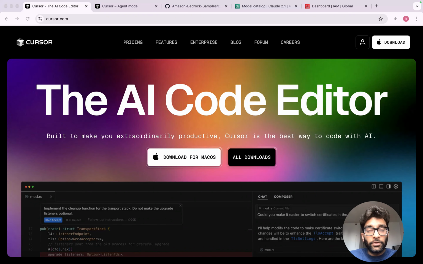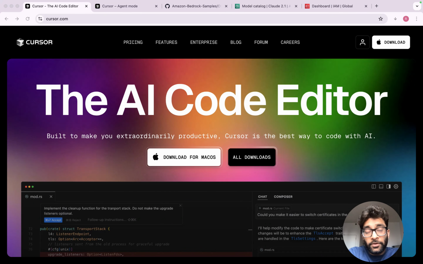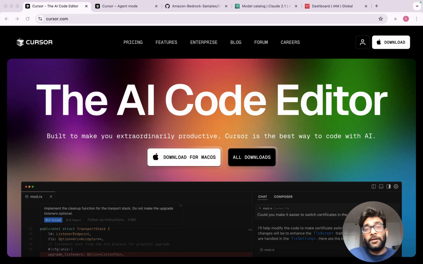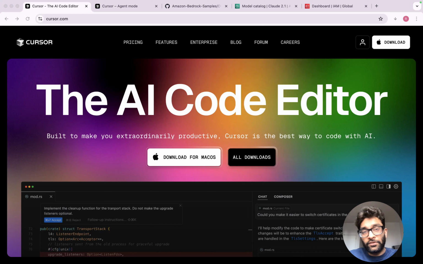Hey everyone, in this video we'll be talking about a popular AI code editor known as Cursor. And if Cursor looks familiar to you, it's because it's been built off the open source implementation of VS Code. And really the main addition here, as you could tell, is the AI infusion into the development environment. And we'll explore some of the top features that Cursor has to offer, such as the inline suggestions, the code